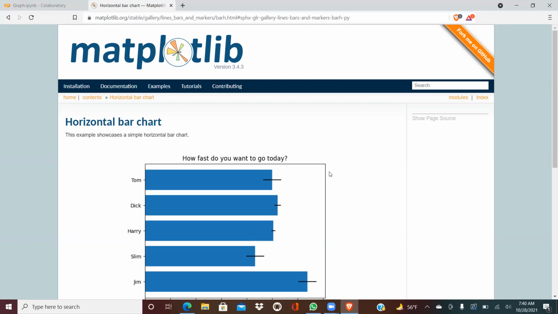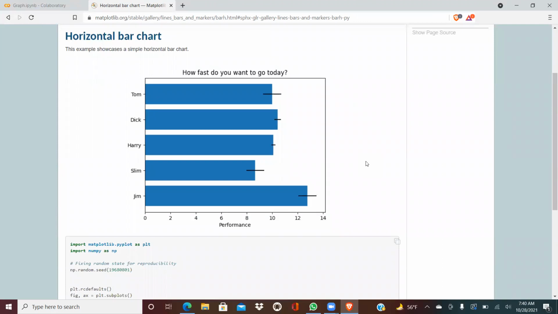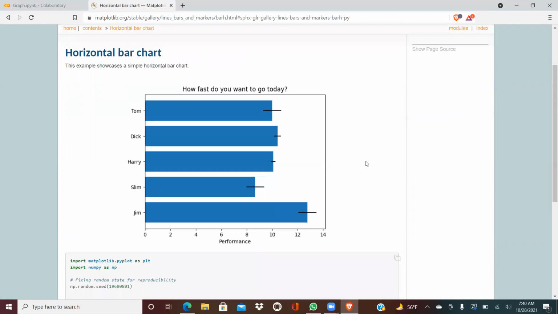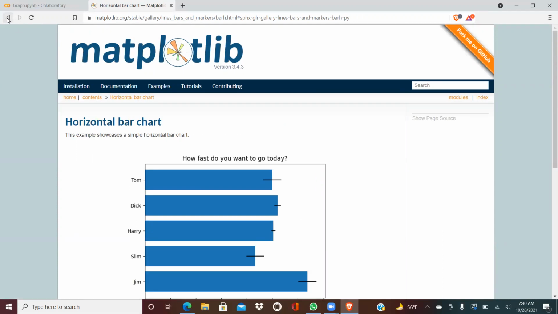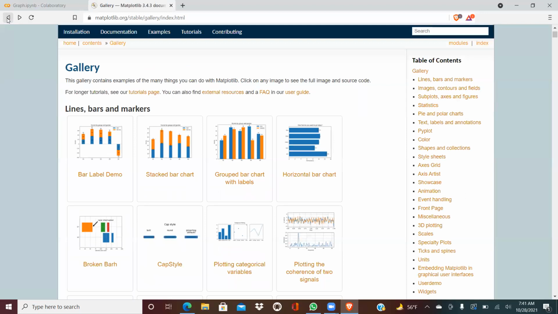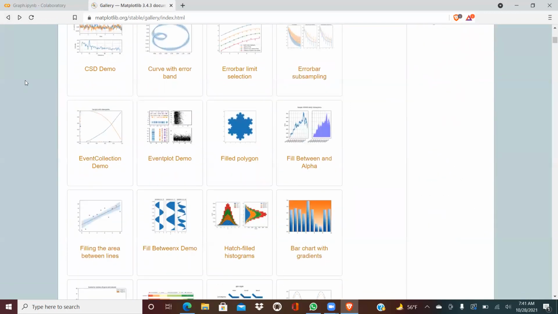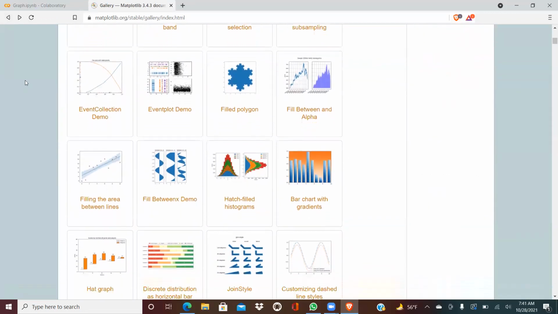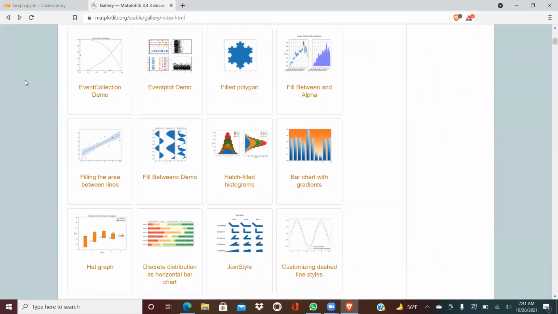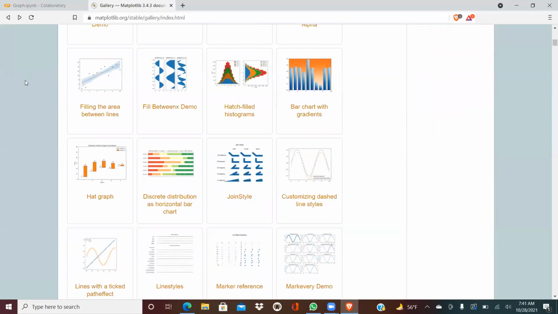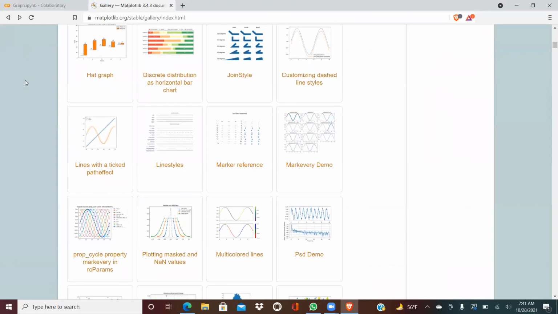So what we can do today, okay, Lekna, don't stop sharing. We'll do it on your system only so that you can get some confidence. Just go back in the browser. Just click on go back once. We're going to do some other programs. Just scroll down. Let's see some programs, like filling the area between graphs, join, bar chart. Scroll down.